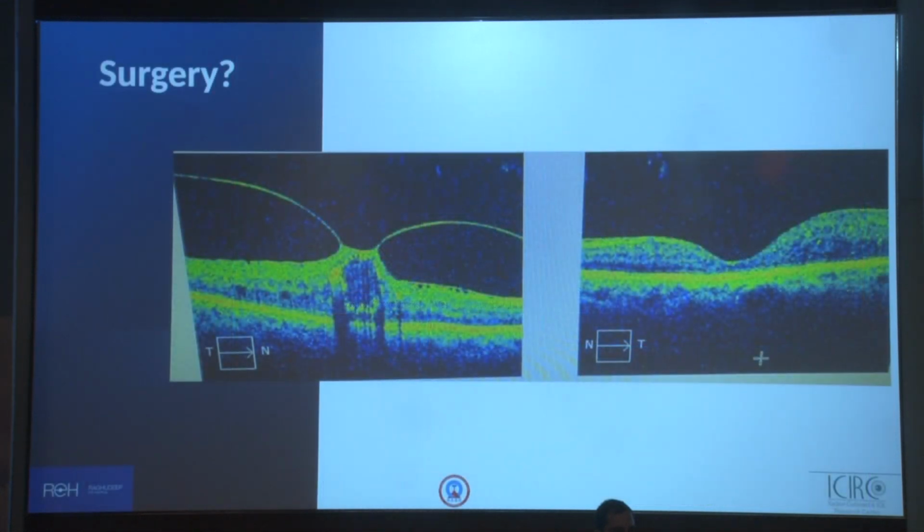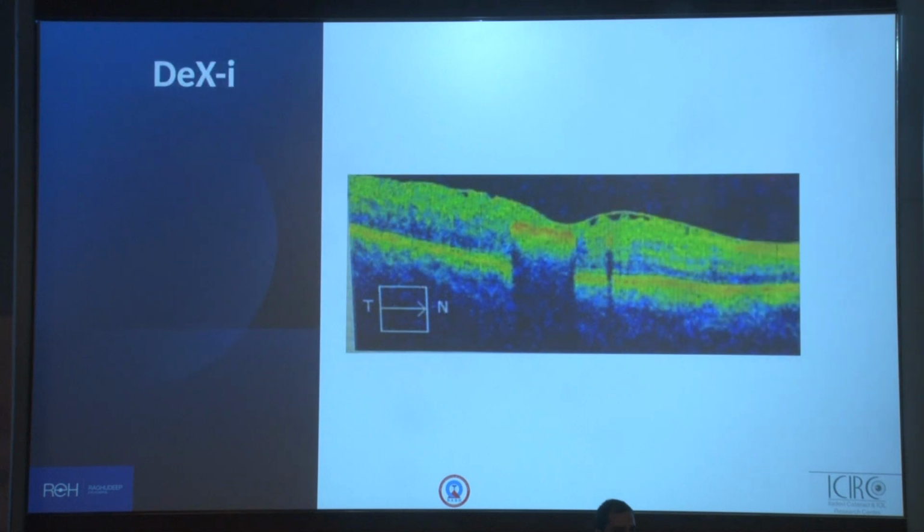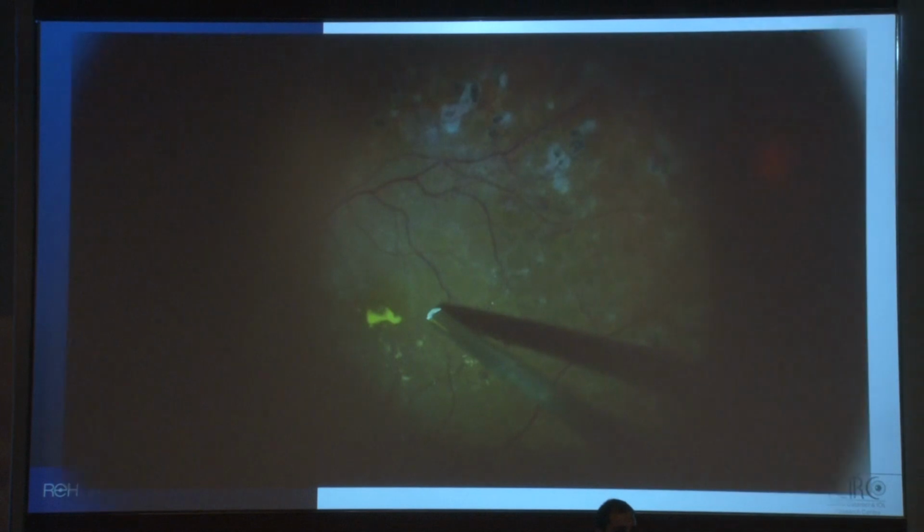So this is my last case, and this case is a VMT and diabetic macular edema along with the hard exudates, and this is the left eye, this is the right eye. So we went ahead and gave a dexamethasone implant to this patient, and the edema got settled, but we can see the plaque of hard exudate just beneath the fovea, which was the main factor reducing the vision of the patient. So we had to subject this patient further to a vitrectomy, cataract and vitrectomy, of course, and